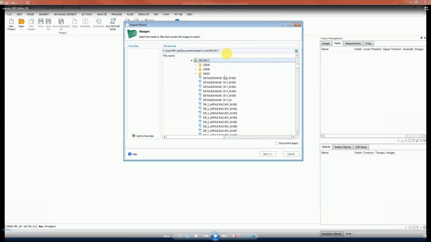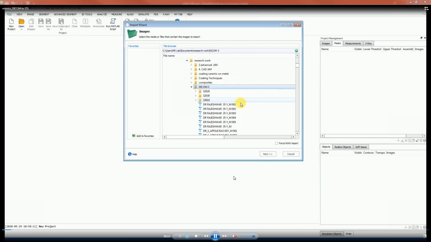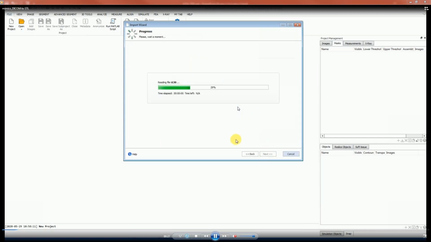So these are those 2D images. See, it is compiled with so much data.